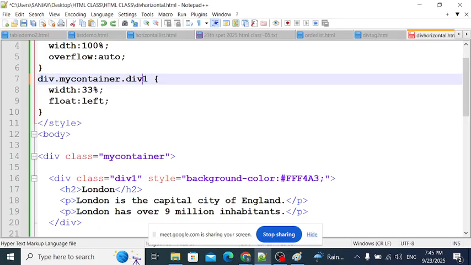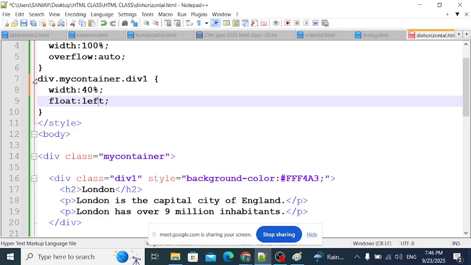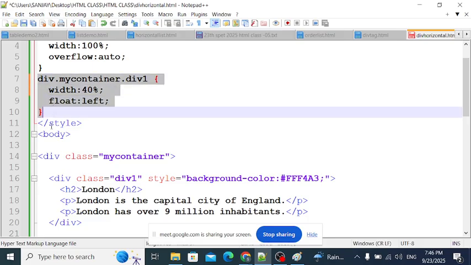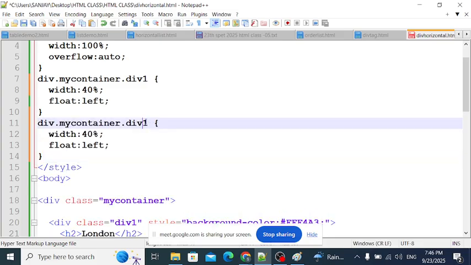So the first division I can put 40%, understand, and float left. Similarly the second division, div2,